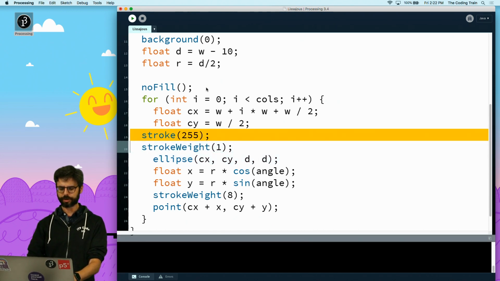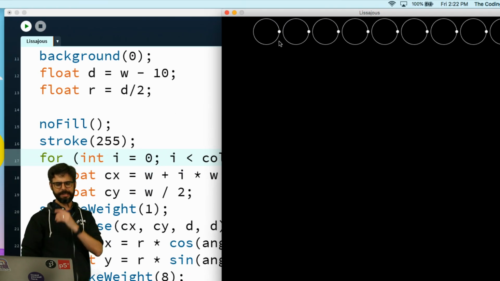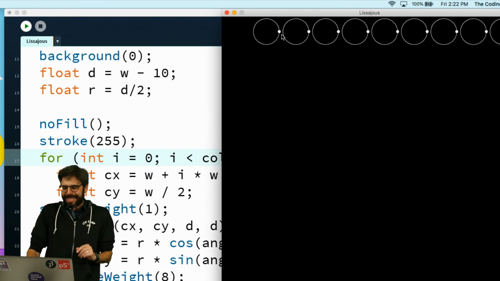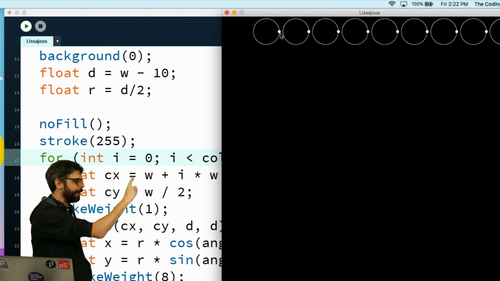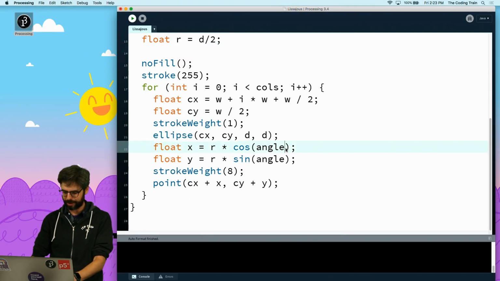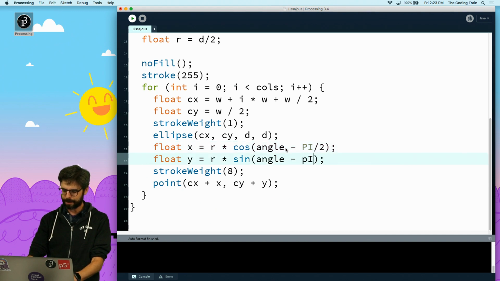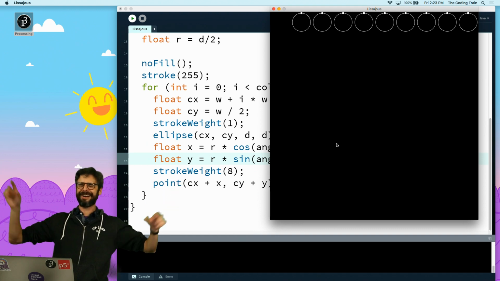So the circles get a stroke weight of 1, and the points, there we go, look at that. Technically speaking, I could start here, but if you look at those other Lissajous table images, the point starts at the top. So I think I can just do a little offset here, and again, I should probably be more thoughtful about variable naming and functioning, but I'll refactor this later.